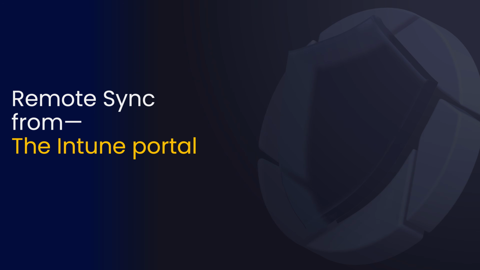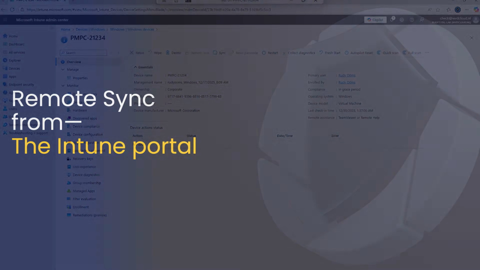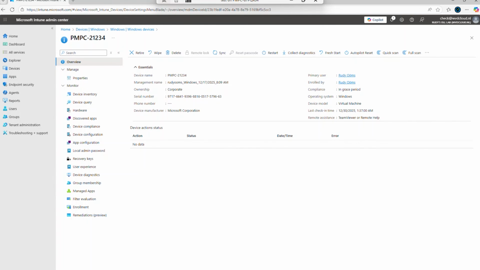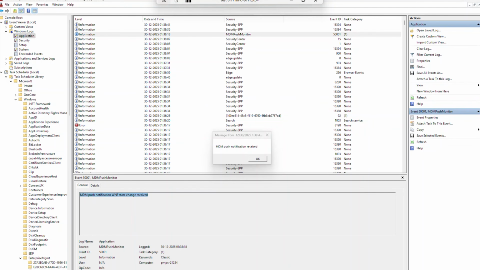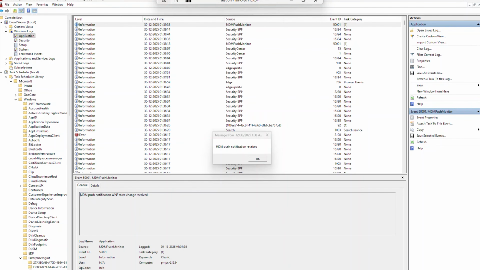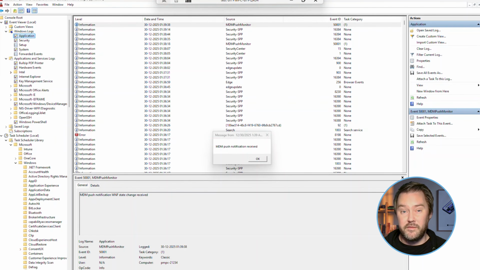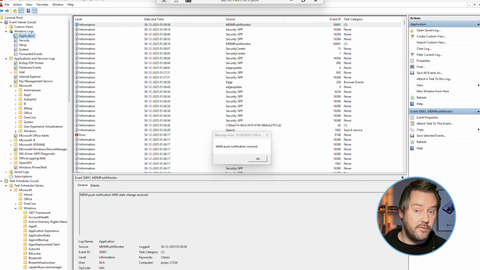So let's start by looking at the remote sync button in the Intune portal first, because this sync button is the one most IT admins expect to control everything. They expect that the moment they press the sync button, all policies and apps will come down. But when you press the sync button in the Intune portal,